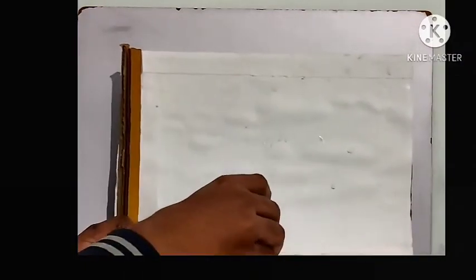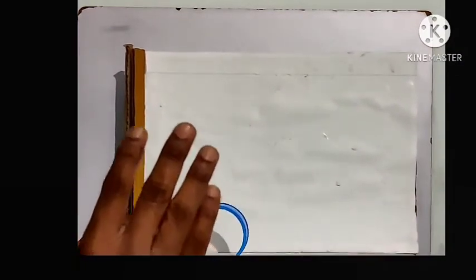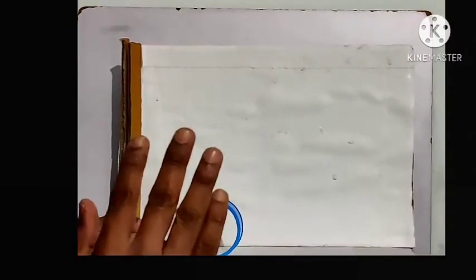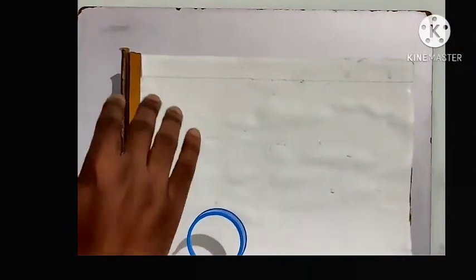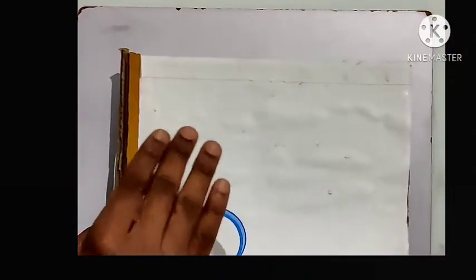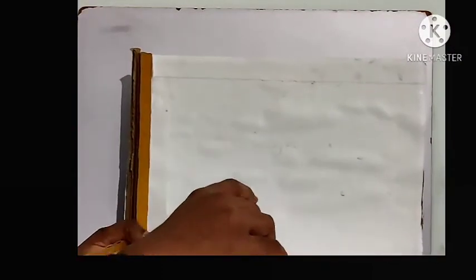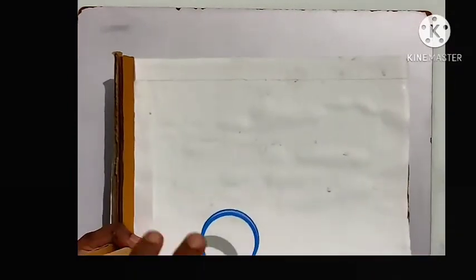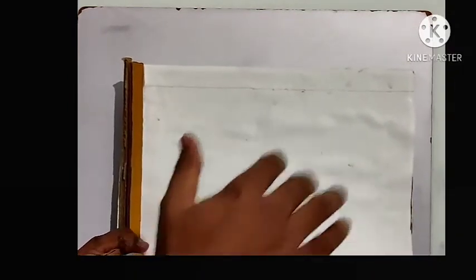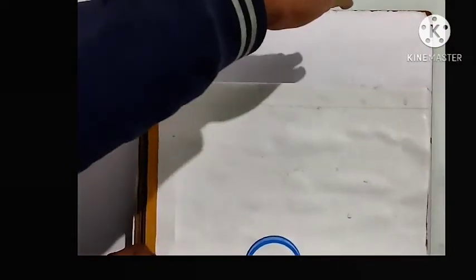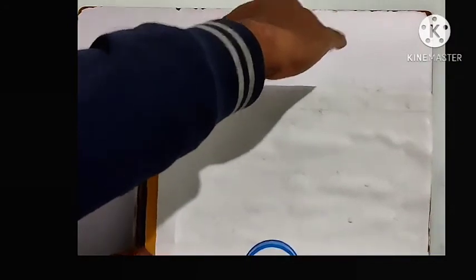So you are standing in front of the object, or in other words, you are standing in front of the vertical plane. If you take a view by standing in front of the vertical plane, that particular view is called the front view. Whereas, assume that you are going somewhere here, above the horizontal plane, something like this.